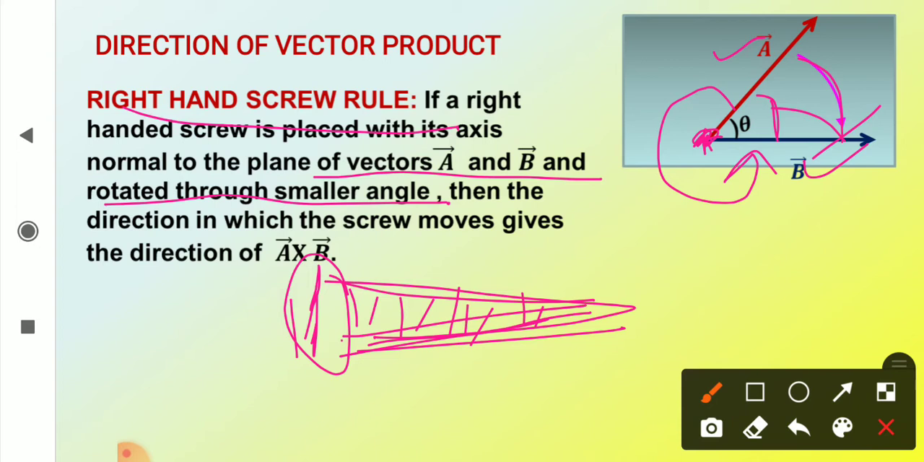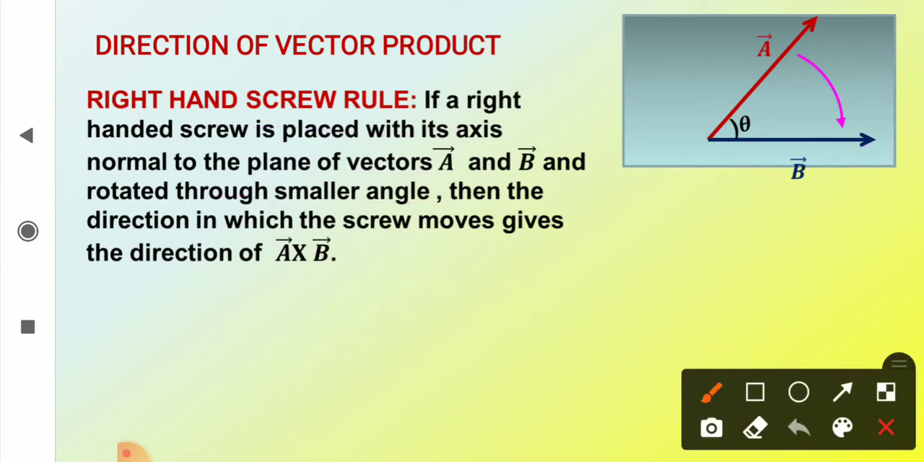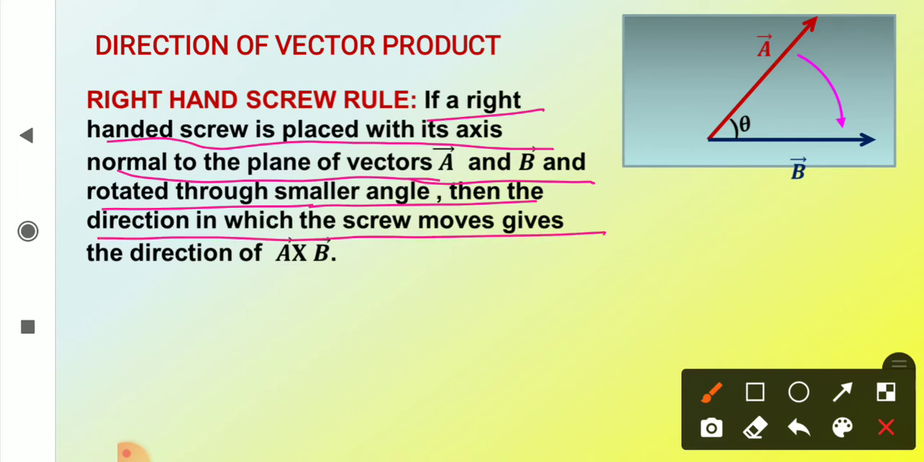Then the direction of motion of the screw gives the direction of the cross product A cross B. So the direction in which the screw moves gives the direction of A cross B. I'll just read out the rule once again. If a right-handed screw is placed with its axis normal to the plane of vectors A and B and rotated through the smaller angle, then the direction in which the screw moves gives the direction of A cross